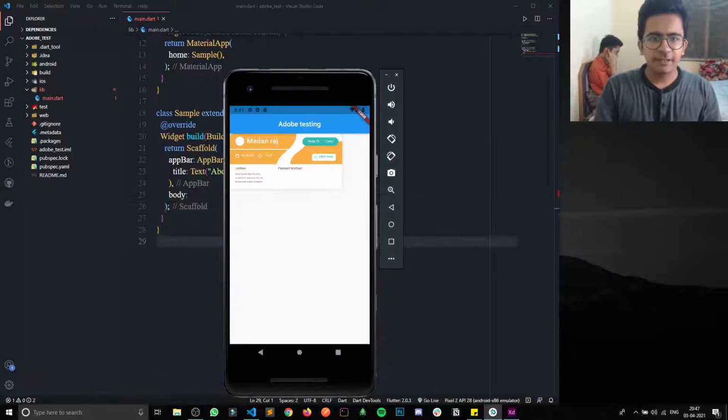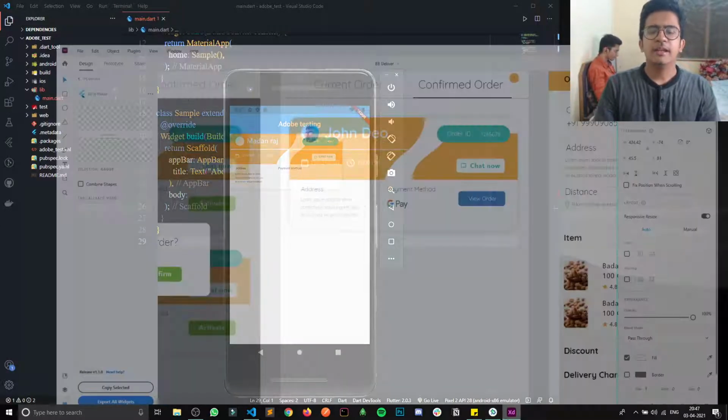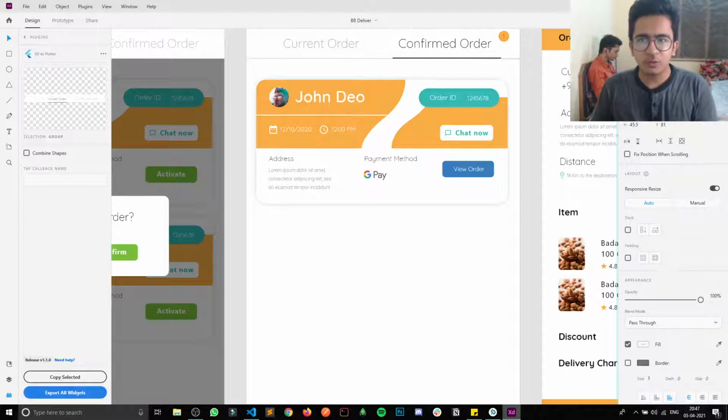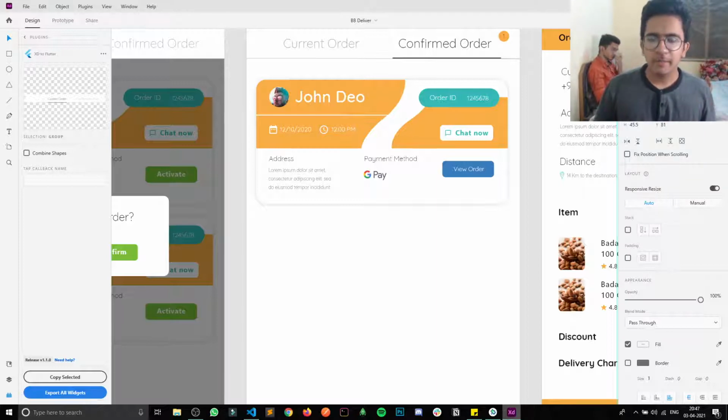What is up, guys? In this video, I'm going to talk about little shortcut things which we all love, right? In Flutter specifically, before starting to code, we get a basic design, done in Adobe XD or Figma or something like that.